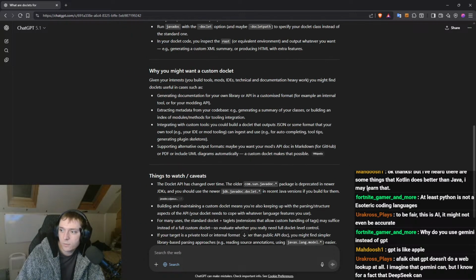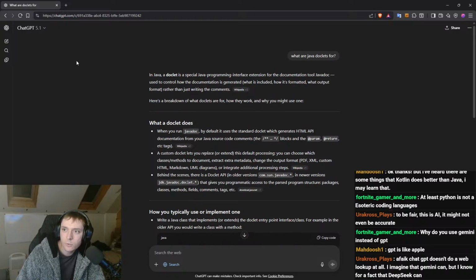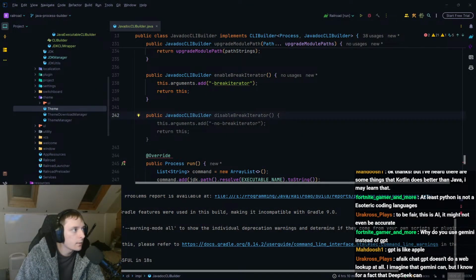I don't know. I just prefer to use Gemini for quick questions, because I also don't want to use all my ChatGPT tokens on a very quick question. But, I don't know. It's 50-50, really. It doesn't really make a difference, if we're being realistic. But anyways,